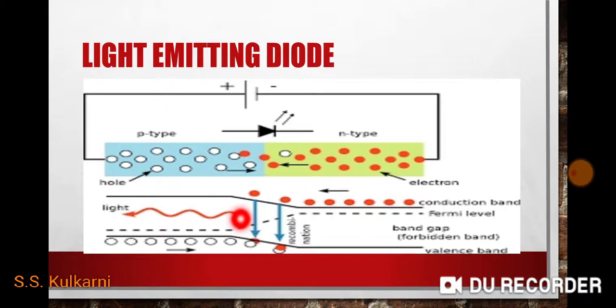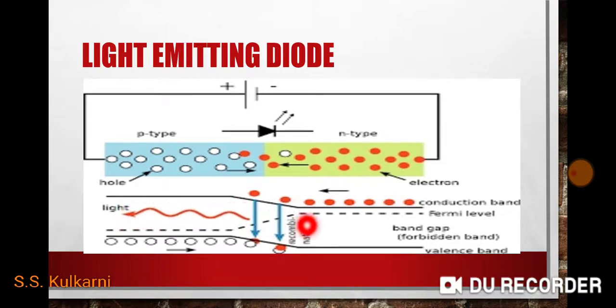The materials used for light emitting diodes are somewhat different from the generalized diode. So let us start the working principle. Here this upper band is the conduction band. The dotted line shows the Fermi level for the energy band diagram, and the lower one is the valence band. So what happens when the electrons jump from this conduction band to valence band? That means when the electron jumps from higher energy level to lower energy level, they can emit their extra energy in the form of light in light emitting diode.